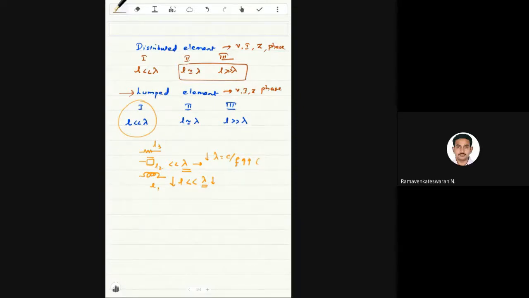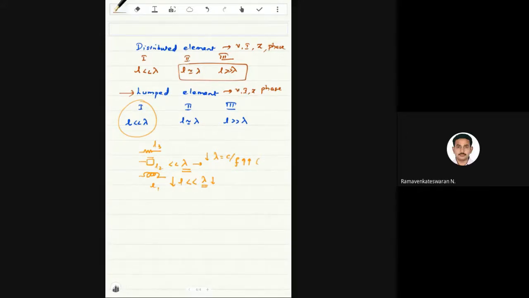One of the key aspects that distinguishes these two elements is the operating frequency. Even in the microwave frequency band, as I've told you, starting from megahertz to gigahertz to terahertz, only the operating frequency is going to vary, becoming higher and higher. When the operating frequency gets higher, the operating wavelength becomes smaller and smaller. So it becomes equal to the dimension of the device, connectors or cables, or sometimes very small compared to the physical dimension of the device.